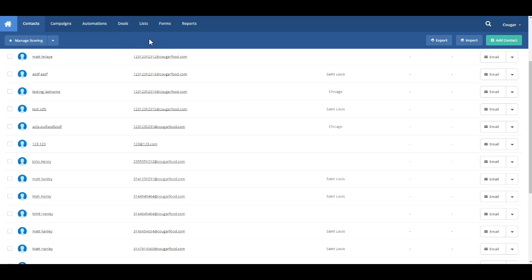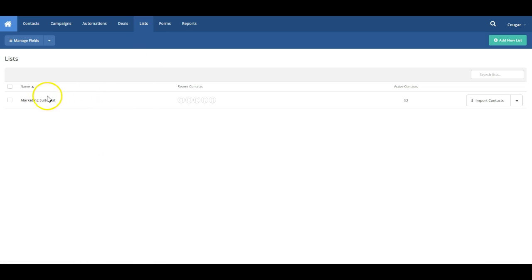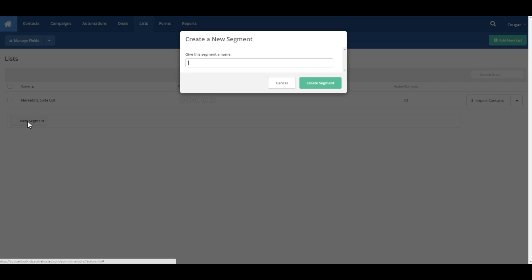The way we're going to do that is by going to the lists area. And once we're here, you'll see that you do have your main list. You do just want to have one main sync list, but what you want to do is set segments inside of that list. So we're going to come over here, click right here, and we will go to the segments area. We will click on new segment. And we'll call this Chicago